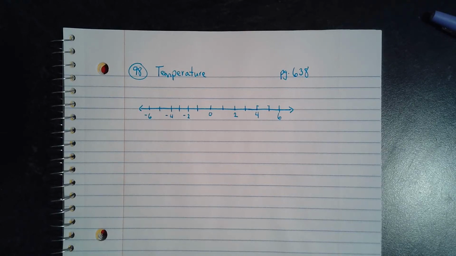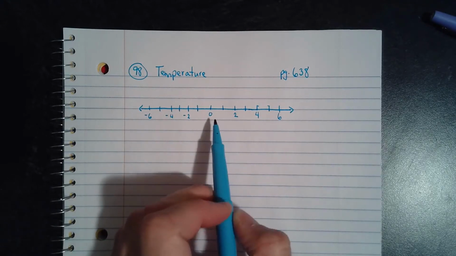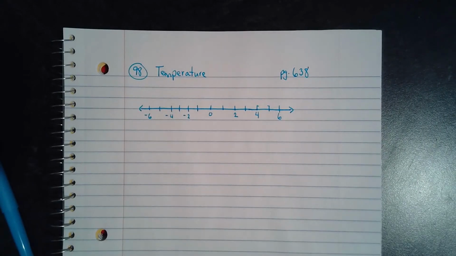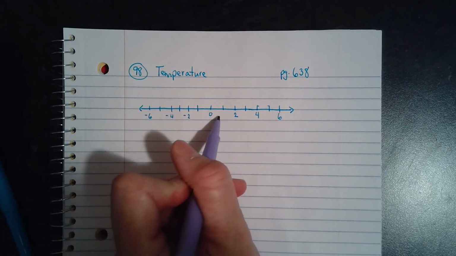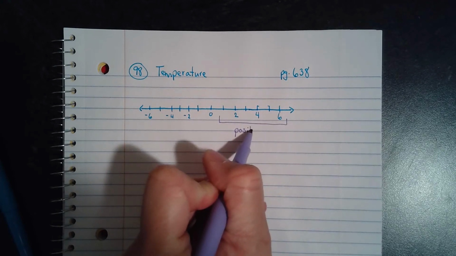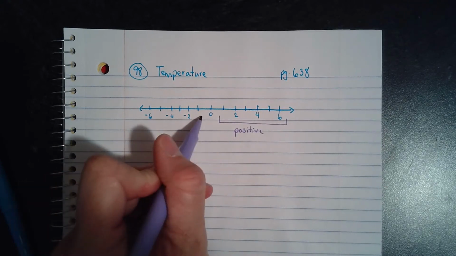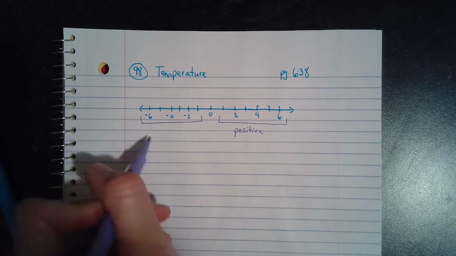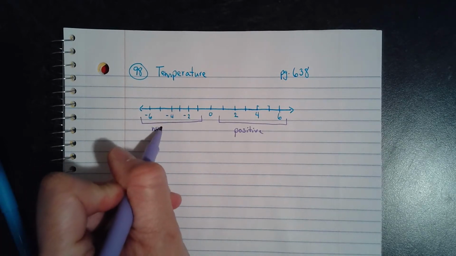All right, so we're going to be talking about temperature today. To talk about temperature, the first thing we're going to do is start out thinking about positive and negative numbers. So when we look at our number line, we see that there's the number 0, and I know I'm reviewing here, and then there's the numbers that are above 0. These are the positive numbers. And the numbers that are less than 0, and they go on further, but these are the negative